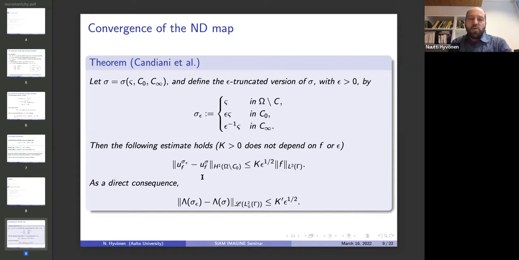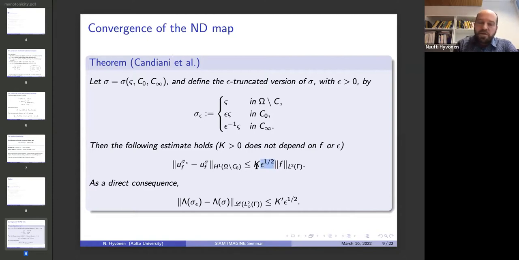And you can actually prove that the corresponding forward solutions converge to each other, the one with inclusions and the one with this kind of truncated conductivity, and they converge in the exterior of the insulating inclusion. So inside the insulating inclusion, actually the speed of convergence sort of dictates where you converge. So that's a different interesting phenomenon. But anyways, you know that these converge, and you actually have this kind of